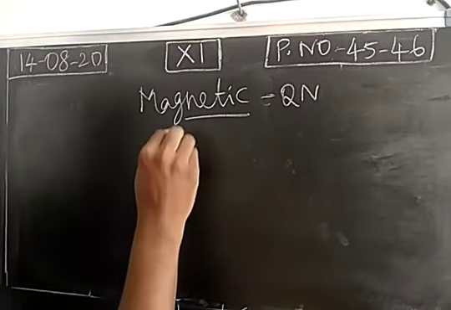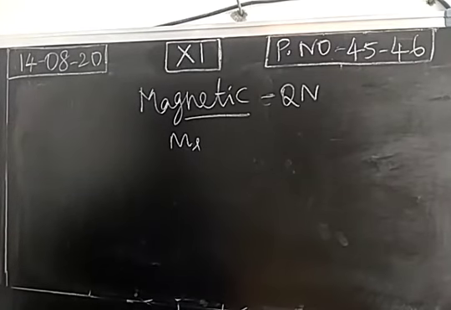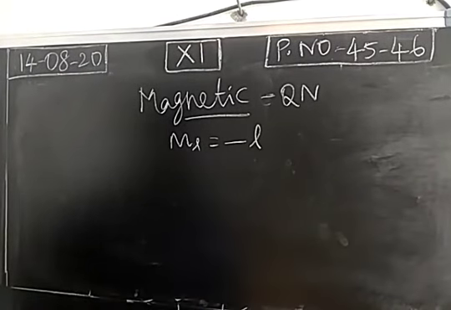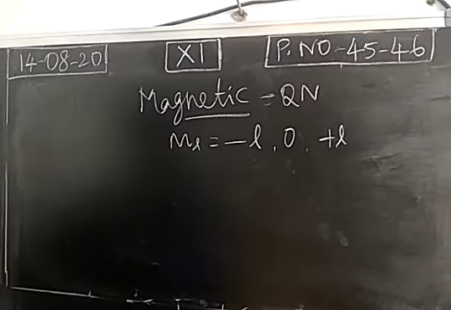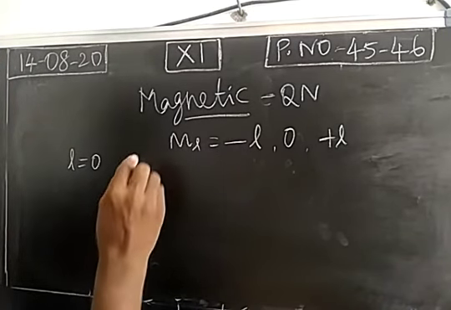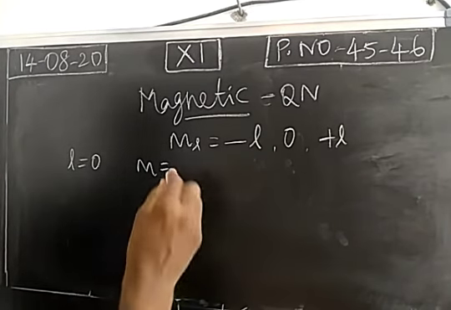The magnetic quantum number is denoted by the symbol m subscript L. This is calculated using the azimuthal quantum number. It starts from minus L and ends with plus L through 0. In between, what should be there? 0. Okay. So it starts with minus L and ends with plus L through 0. Take azimuthal quantum number 0, L value 0. What about the possible magnetic quantum number? We don't have minus 0 or plus 0. So the m value is 0.